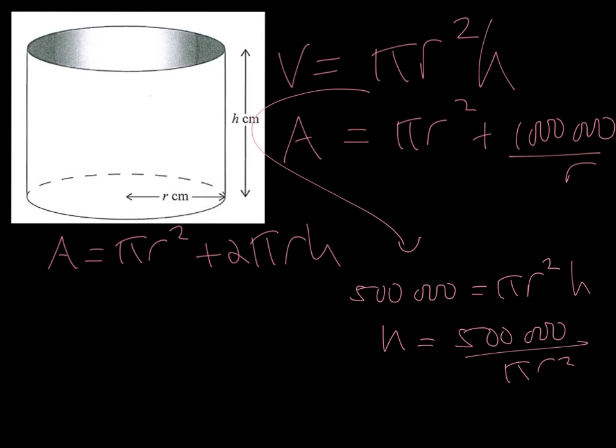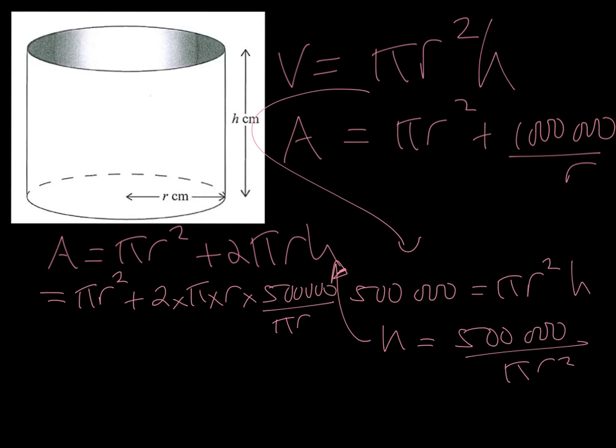Now what we can do is we can take this definition of h and we can substitute it into this equation. So we're going to say here that the area equals pi r squared, that bit doesn't change, plus 2 times pi times r times 500,000 over pi r squared. Now, hopefully what you can see here is that that pi is going to cancel out with that pi, that r is going to cancel out with the r squared term here, and I am going to be left with pi r squared plus 2 times 500,000, which is 1,000,000,